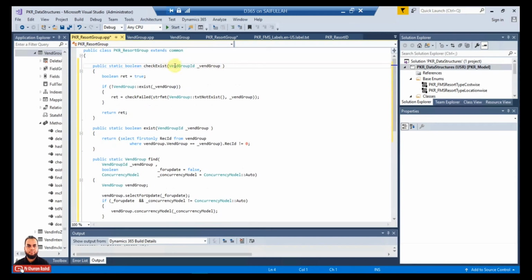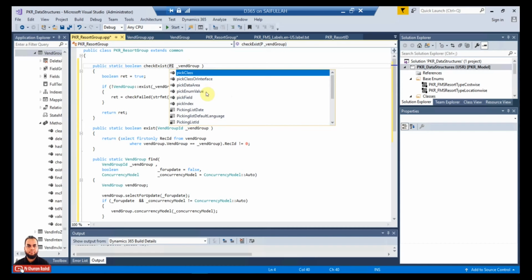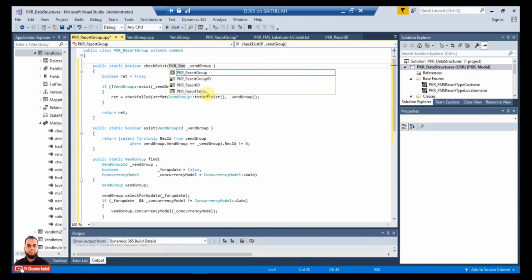Now in this method you can see there is a parameter vent group ID, so we can use here the resort group ID. So this is resort group ID, and then